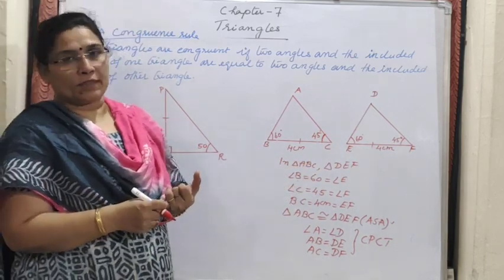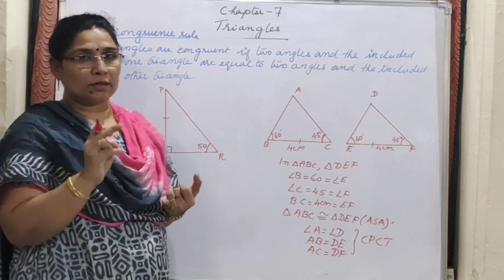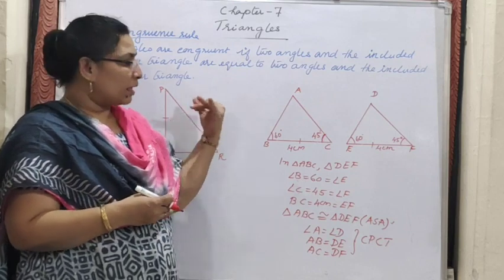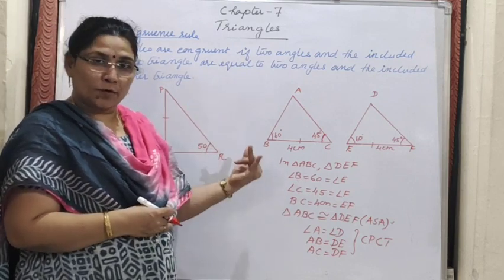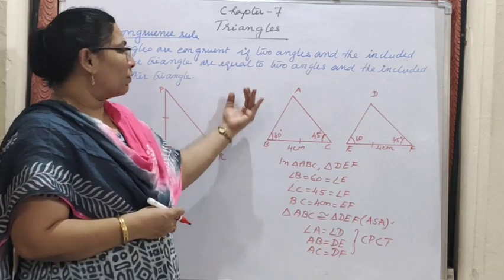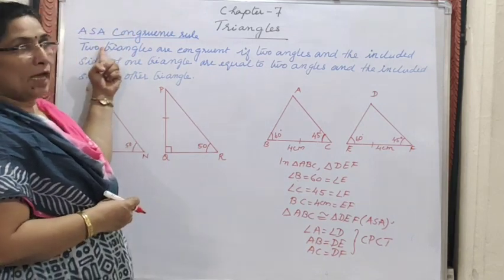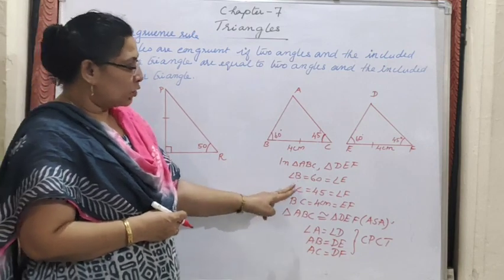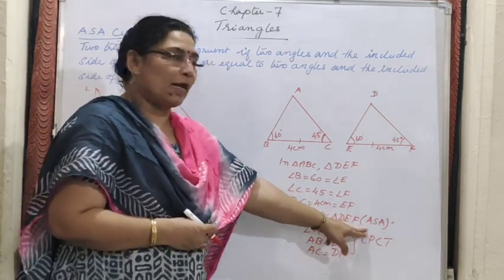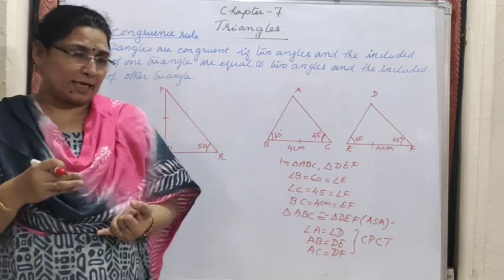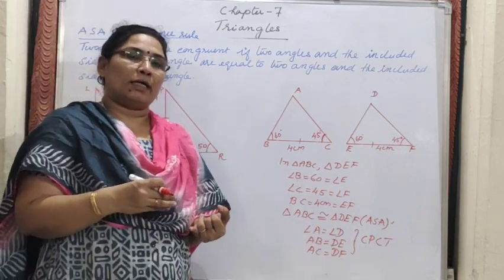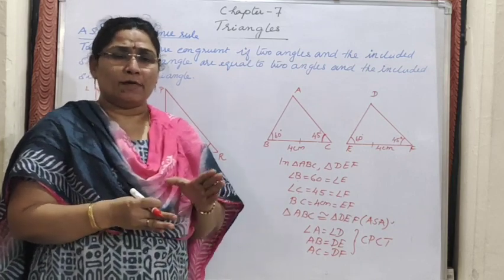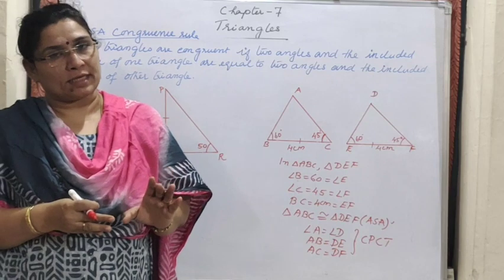For checking the congruency, how many types of we required? 3 angles and 3 sides are required, but there is some criteria which are very helpful for finding whether the triangles are congruent. Now this is the second criteria, which is that ASA, that means two angles, one included side we have taken. So this side is included, so we have written ASA. When we have learned about SAS criteria, what we told that there is no SSA. The angle should be included, very much included in the case of SAS criteria.